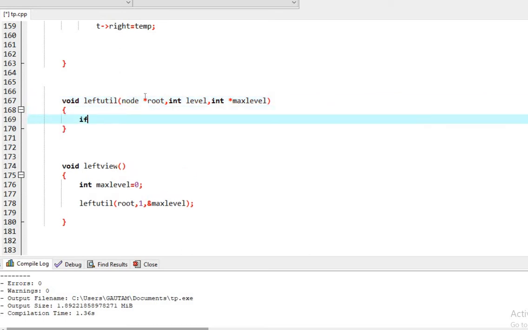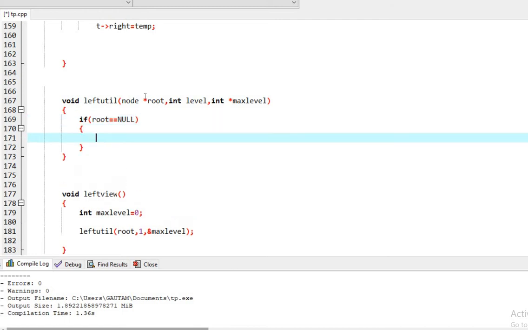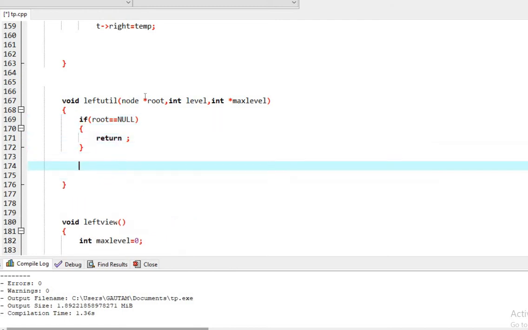First I will check if root is null, I will return. Then I'll check the max level part.